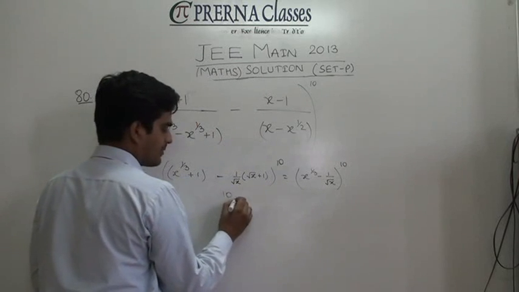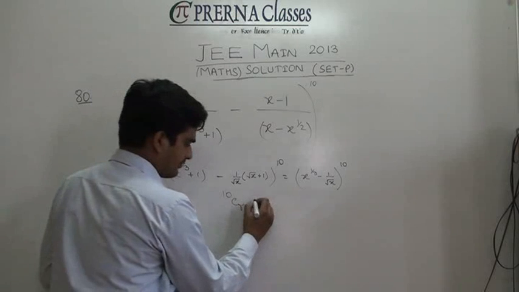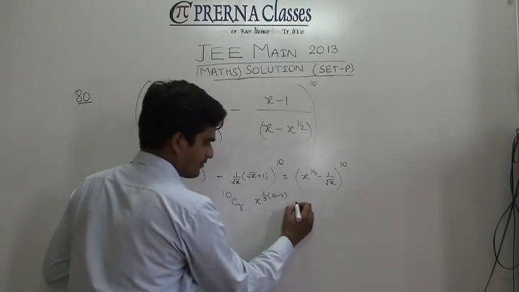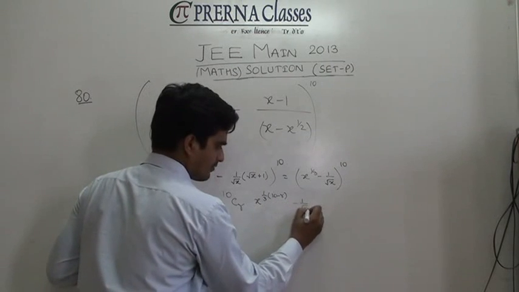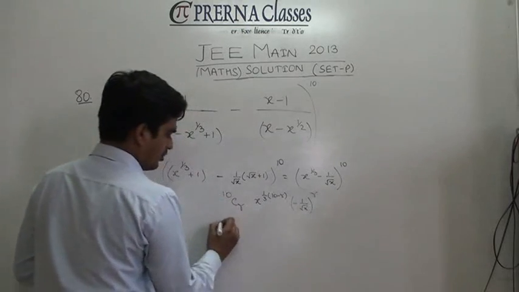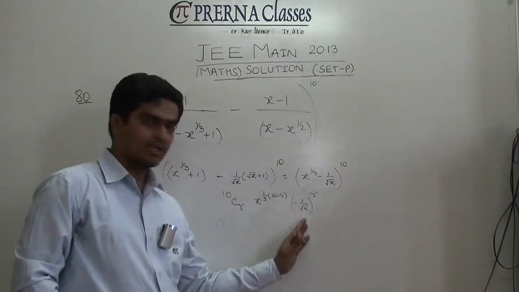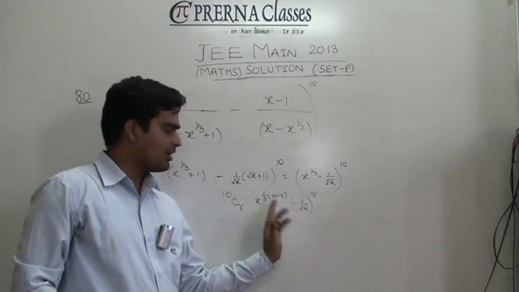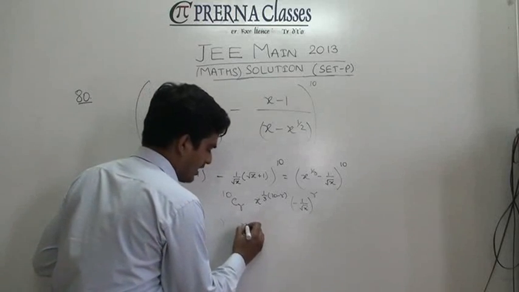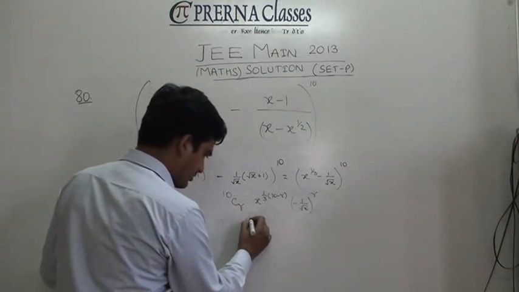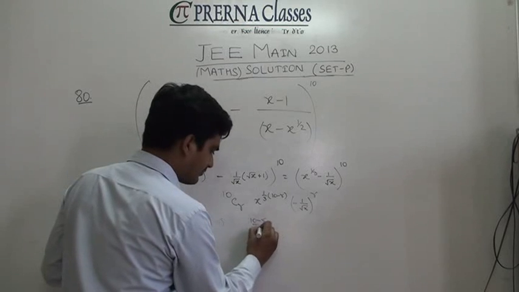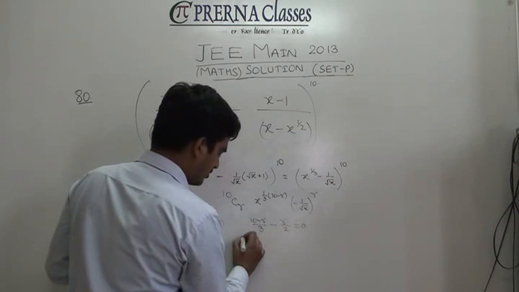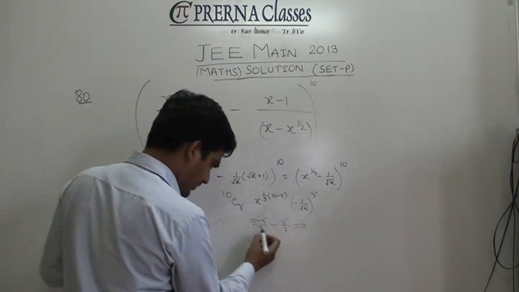A general term of this expansion would be. All you need to do is compute the total power of x, that is this much minus half r, and make it 0. You will find that r, by this, got it as r minus 2 equal to 0, which you can check, it is simplifying to